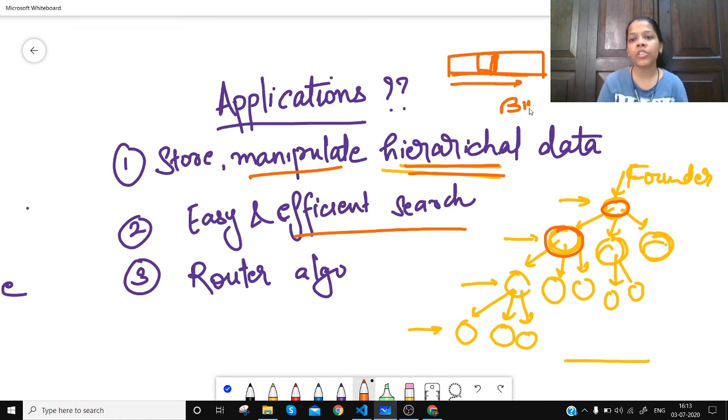But if we had a very complex structure, the search became order of n, which is a lot of time in case of millions of records. So trees ease the searching techniques. And then we have routing algorithms that are based on this kind of data structure. These are the applications, and in the course we'll see a lot of other things that can be solved using trees as the data structure.